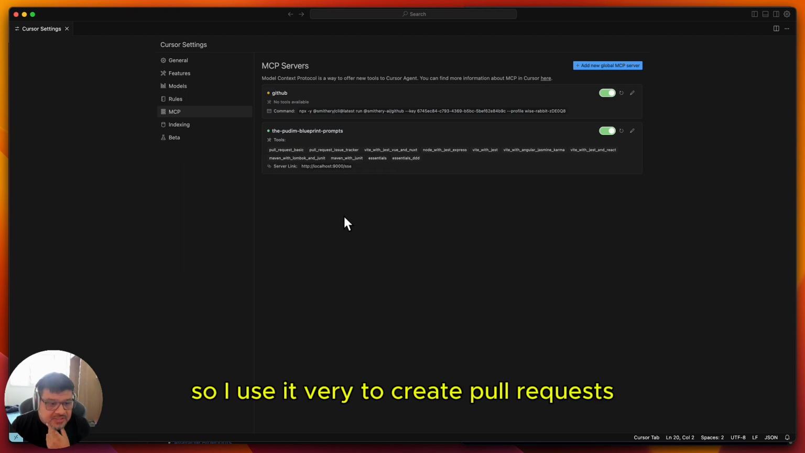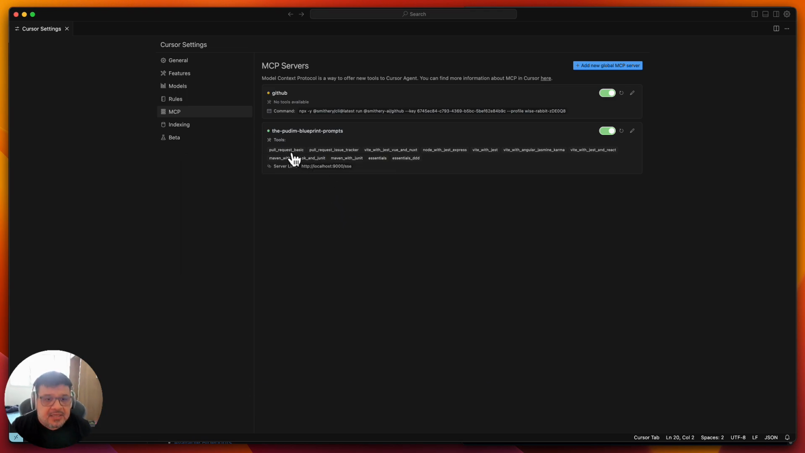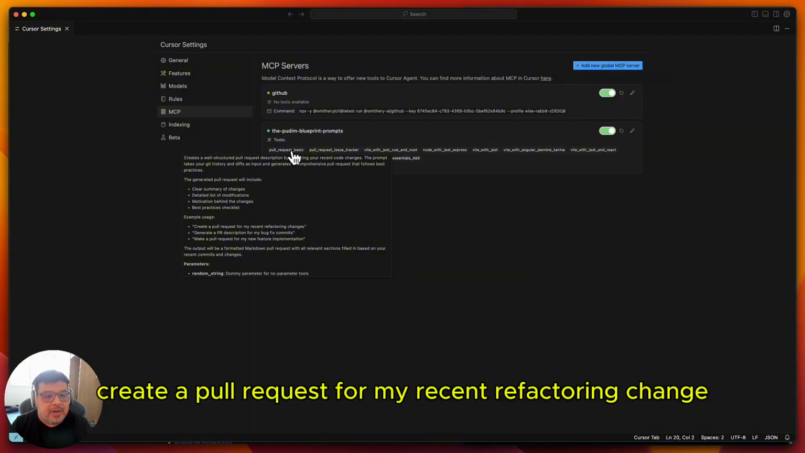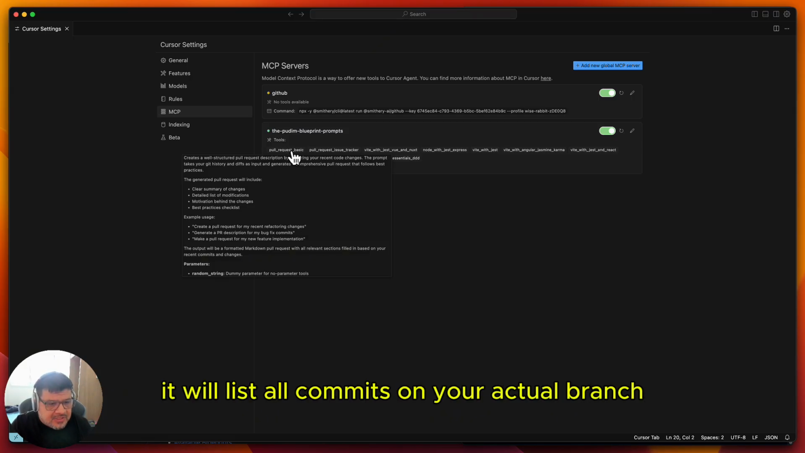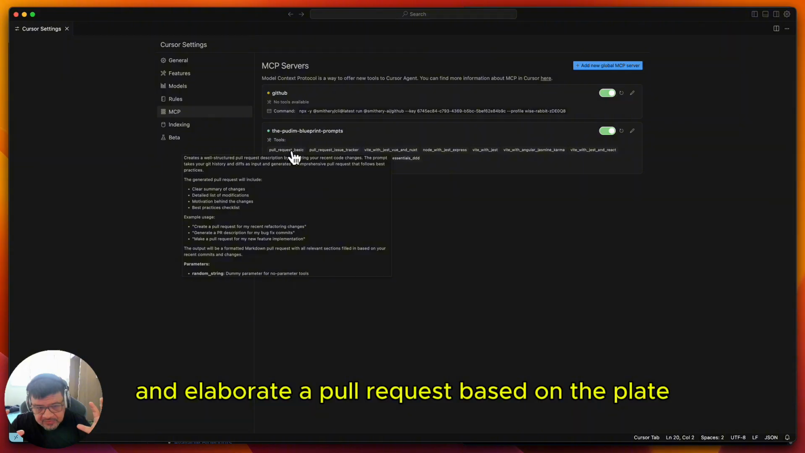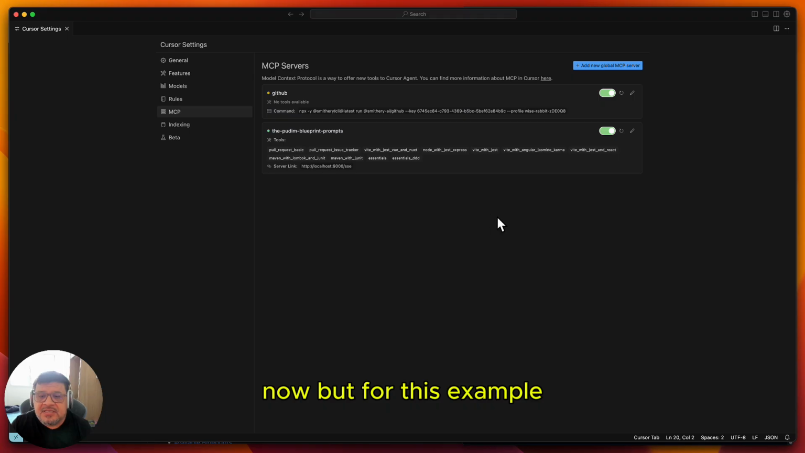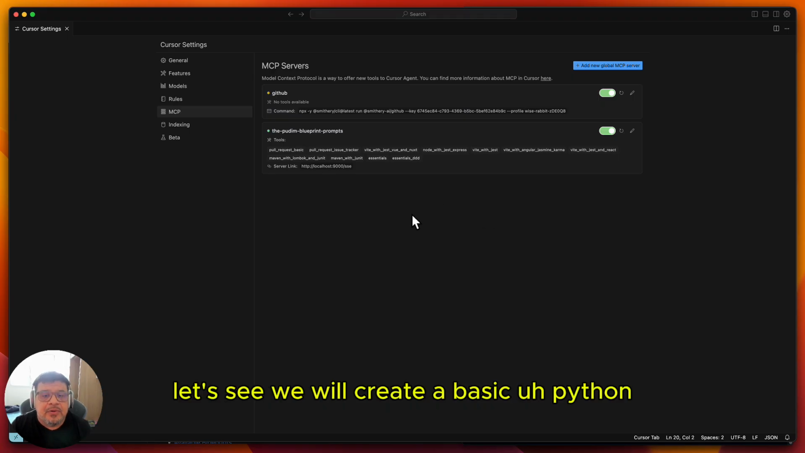So I use it to create pull requests, standardized pull request templates. If I come here and type create pull request for my recent refactoring change, it will list all commits on your current branch and elaborate a pull request based on the template for you. Okay, but for this example, let's see, we will create a basic